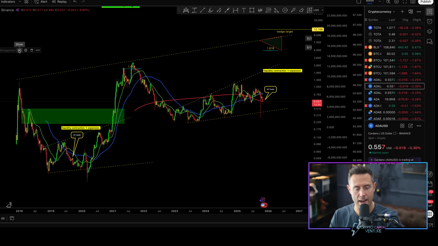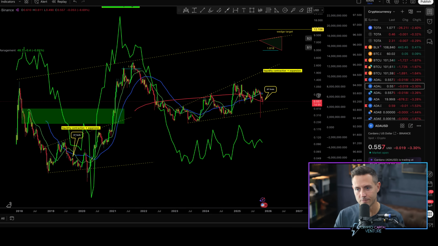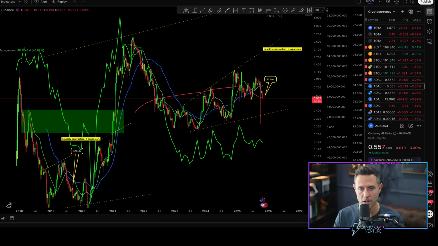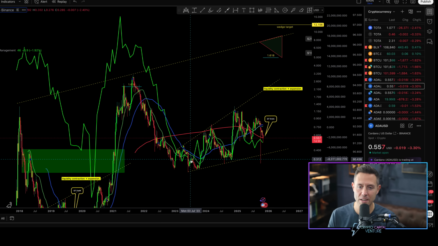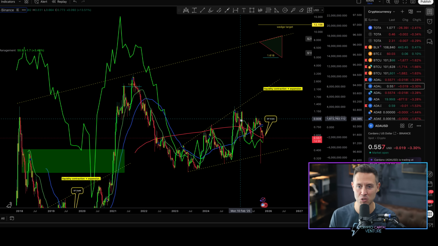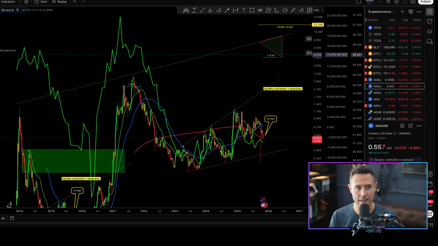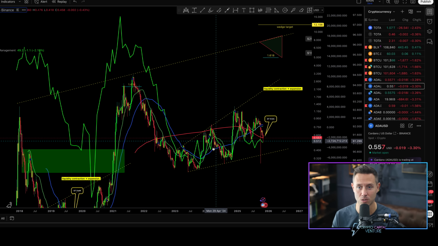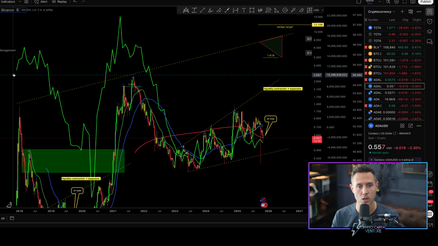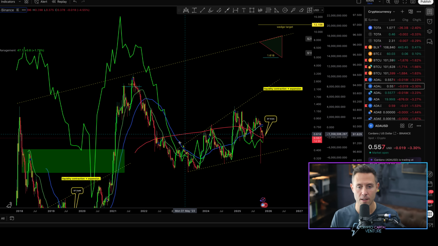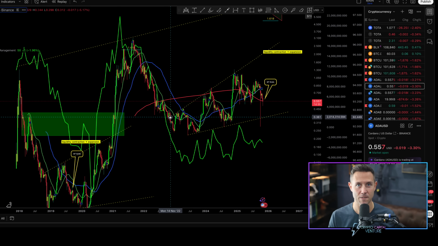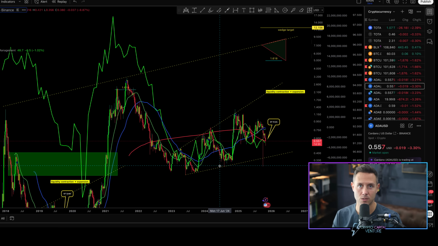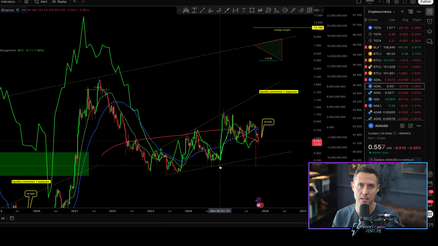Let me overlay that business cycle chart. And here's what it looks like. Look at this chart, everybody. It's crazy. So when we evaluate what ADA has been doing with this price action, it's been absolutely in line. And I'm not just talking about this cycle right now, but the last bull cycle, going into that bear cycle, last cycle. Look at this. The business cycle, Fed policy, a driver behind this green line that you see right here.